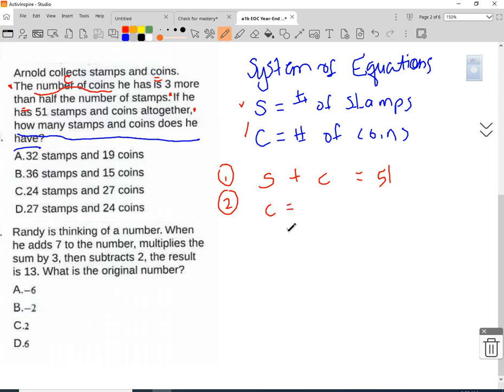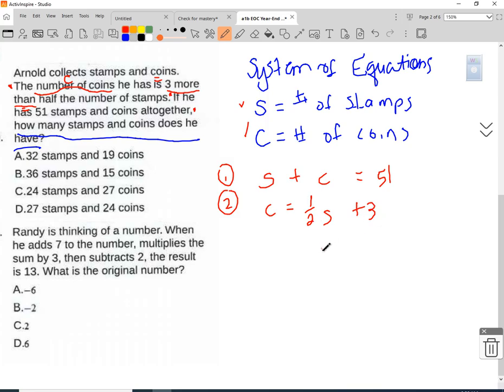What is it equal? 3 more than something. If I have 3 more than, what's the operation I'm going to do? Use addition. So we're going to add 3 to something. What am I adding 3 to? Half the number of stamps. How would I write half the number of stamps? 1/2 what? S, that's right. 1/2 S. So the number of coins is 1/2 the number of stamps plus 3, or 3 more than 1/2 the